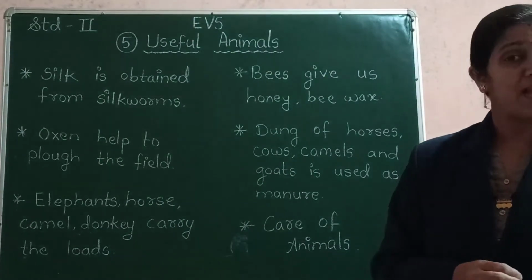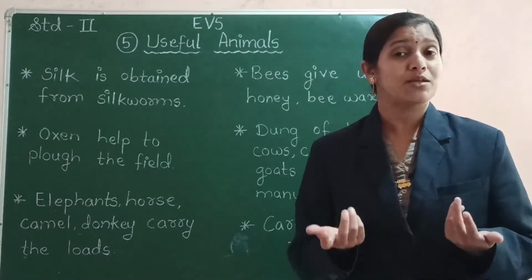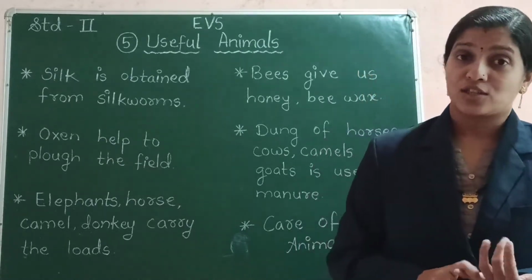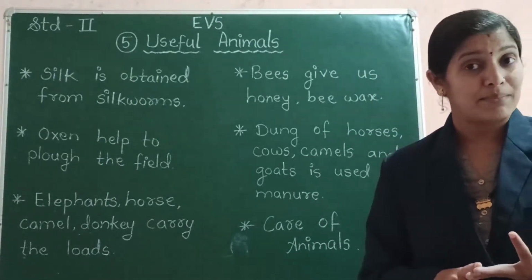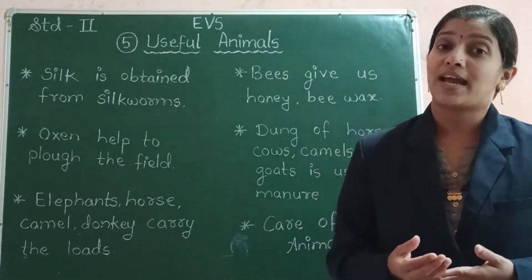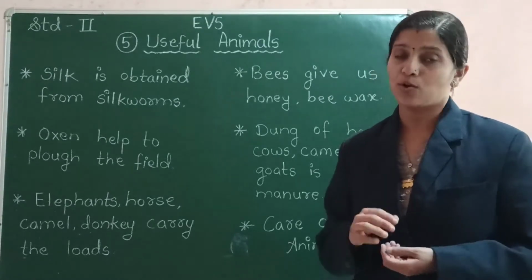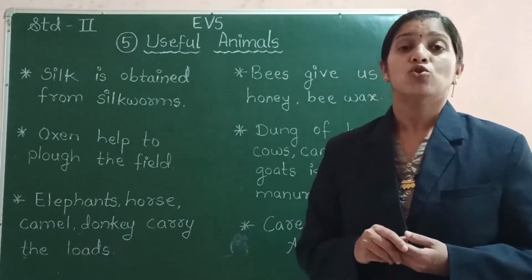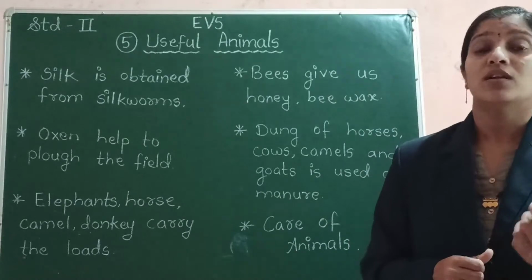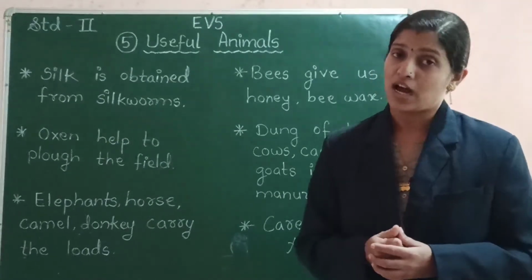So also, there are some pet animals at our home. Many of you might be having pet animals at your houses, isn't it? So, which are the pet animals? Cats, dogs, rabbits are the pet animals. Also, some people like to keep some birds like parrots, pigeons at their home. Yes. So, what does this cat do? The cat, it kills the rats that are present in the houses.